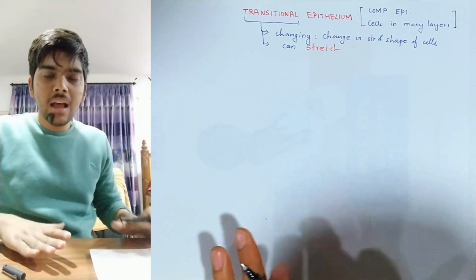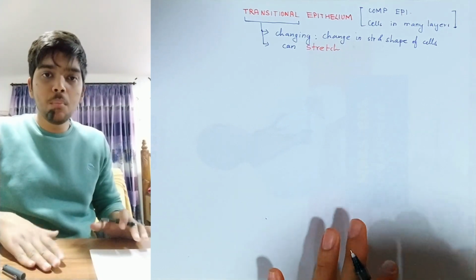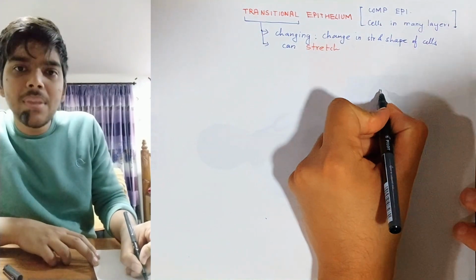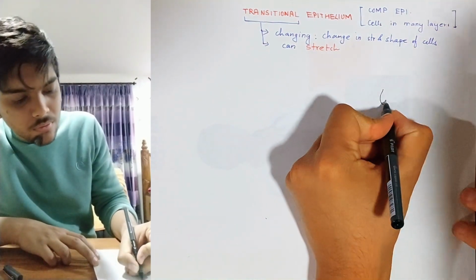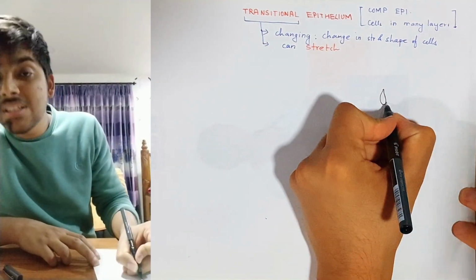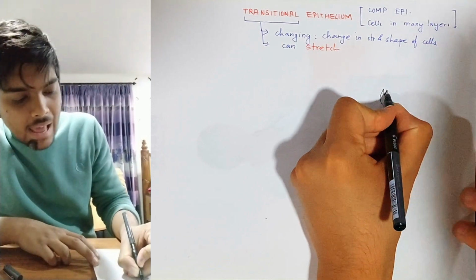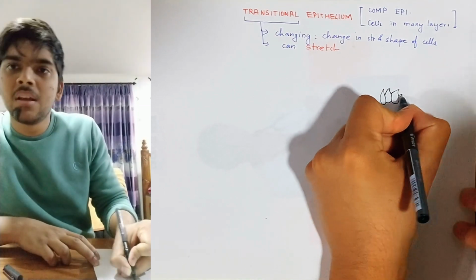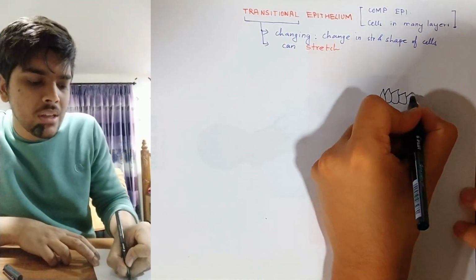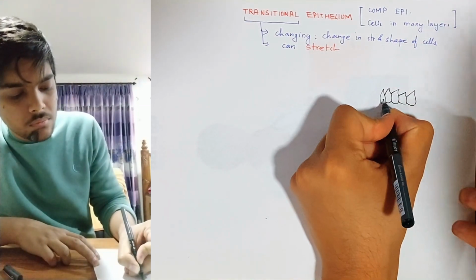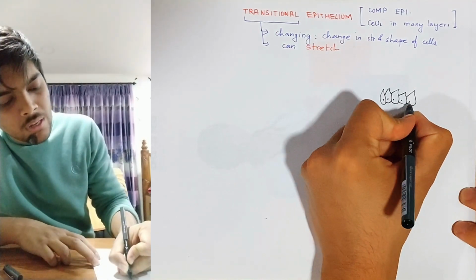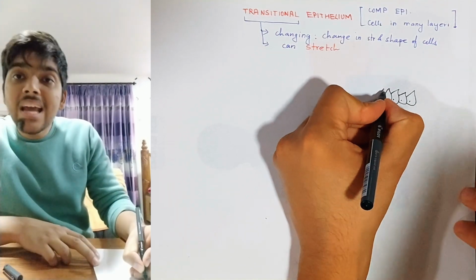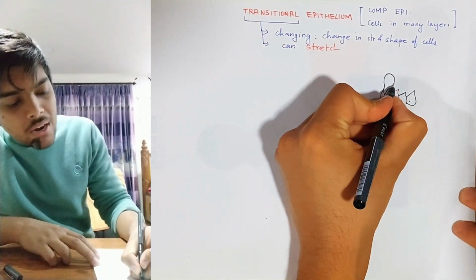So, initially, the diagram is going to show transitional epithelium when it is not stretched. So, we have the basal cells, or cells at the bottom layer, and these cells at the bottom layer are small in size. They are not much large, they are small in size, just like these. Then comes the cells of the middle layer. In the middle layer, the cells are pear-shaped,